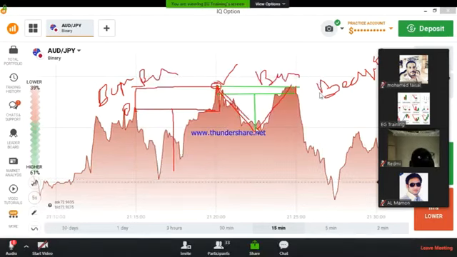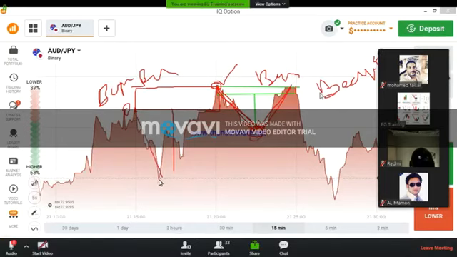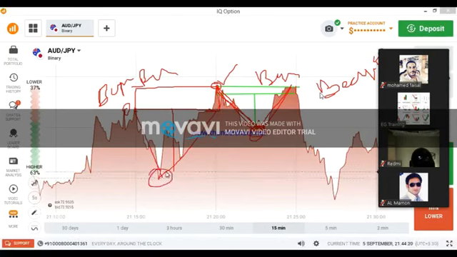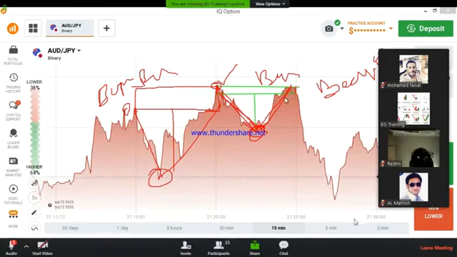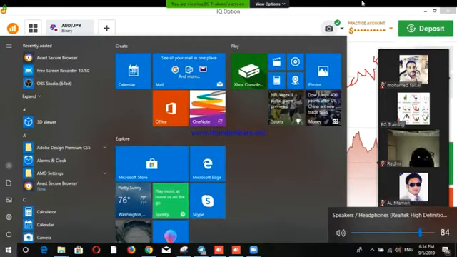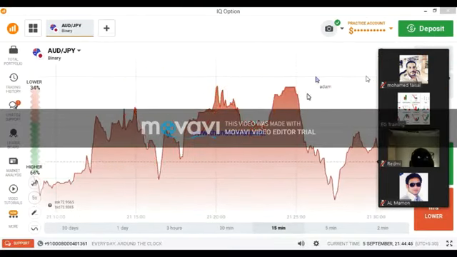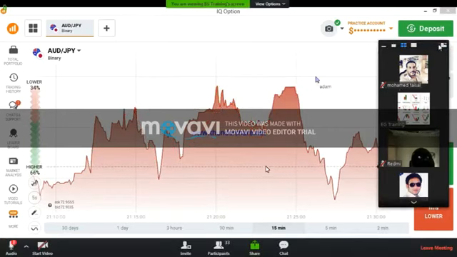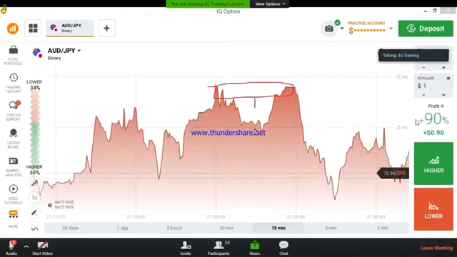We are seeing a seller's entry from this level. The price went down, but again it went up because of buyers at this area. And here also the price went down and it went up because of buyers. And here also the buyers entered, but again they rejected some sellers. So in this body we are seeing a bullish candle. This is a bearish candle, and the candle will form like this.